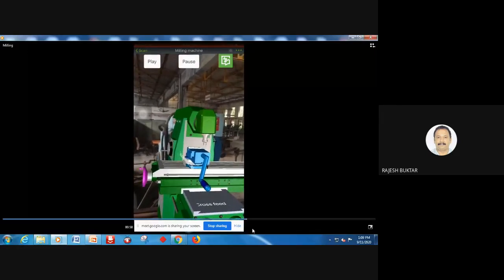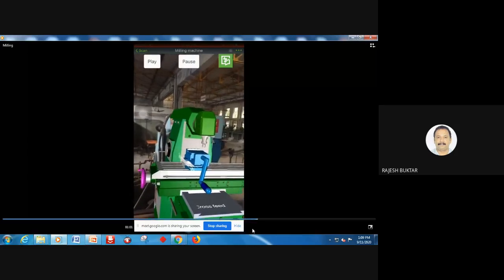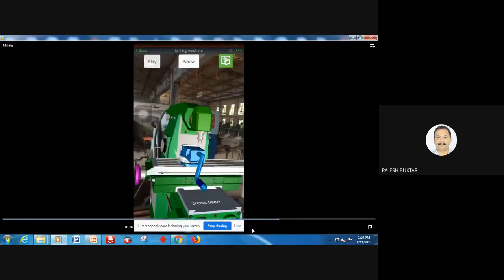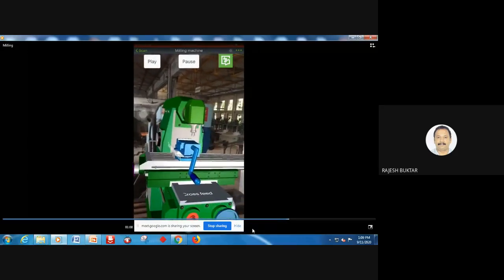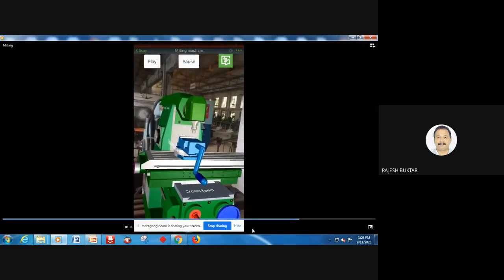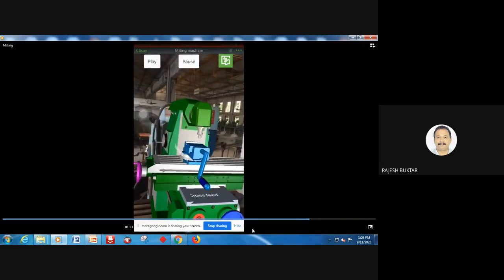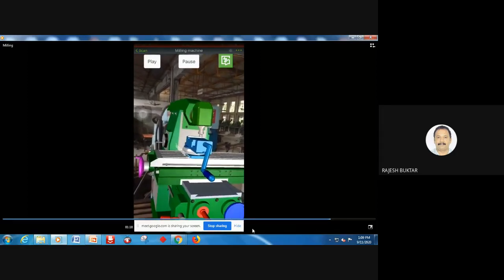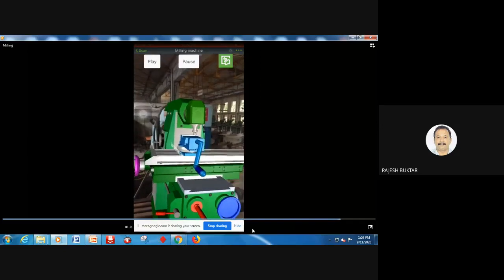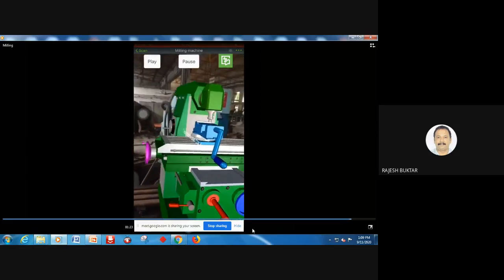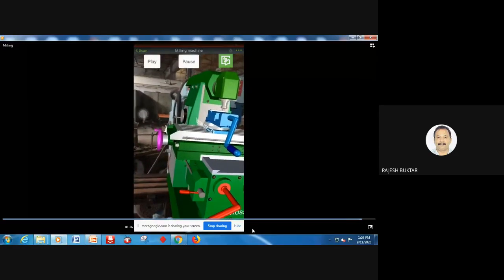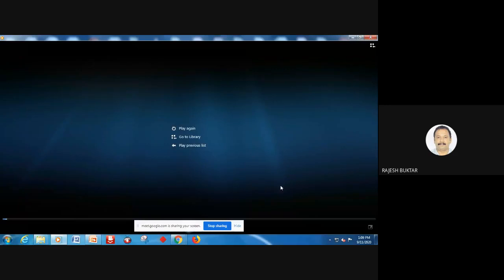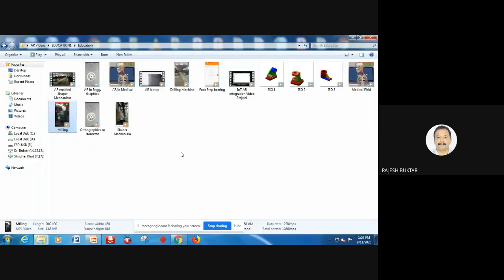You can highlight the component which is being rotated. So the model is a little bit unstable, maybe because the camera might not be properly sensing the thing mark. At times the model becomes a little unstable. That is the disadvantage of augmented reality. So one by one you can highlight every handle, and based on that you can see how the working of the machines can be done.